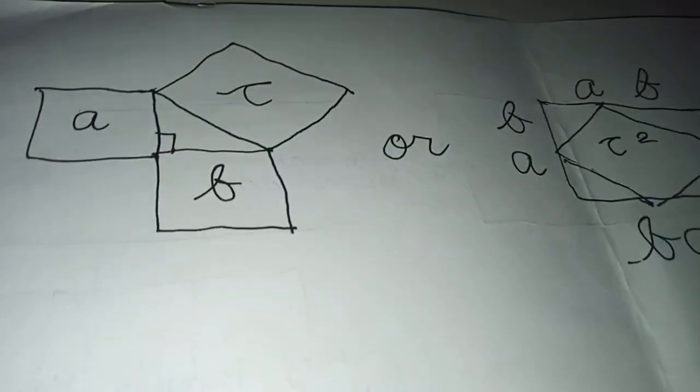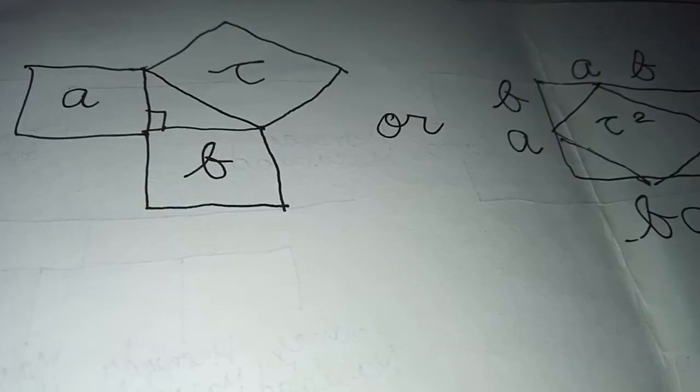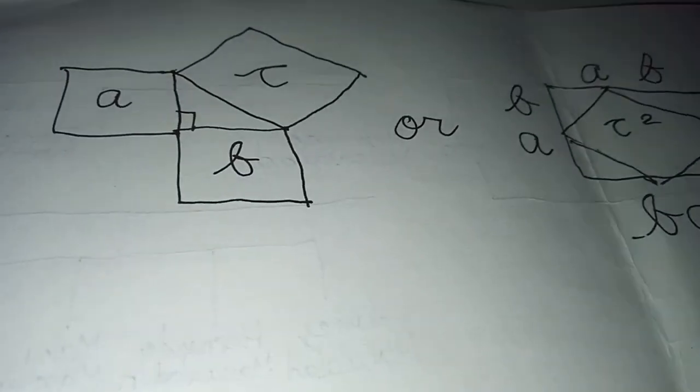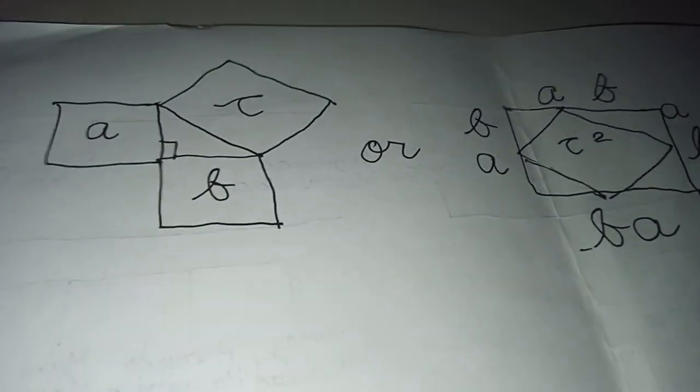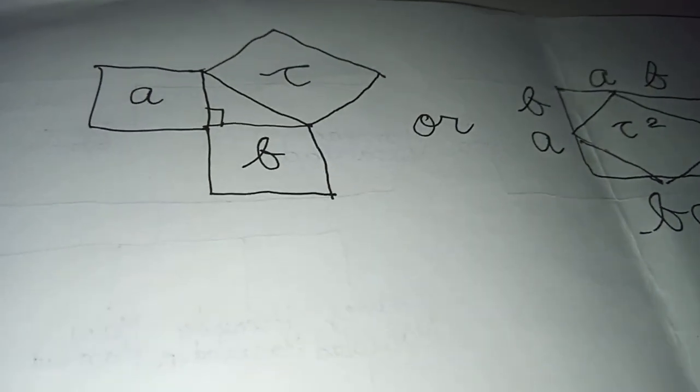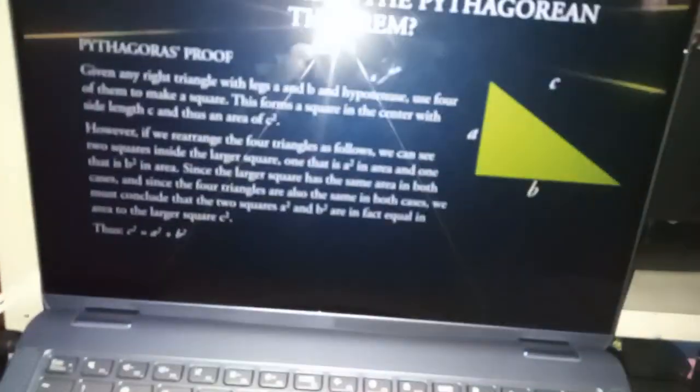Since the larger square has the same area in both cases, and since the four triangles are also the same, we should conclude that the two squares are in fact equal in area to the larger square, C squared. The bottom line, this is the formula